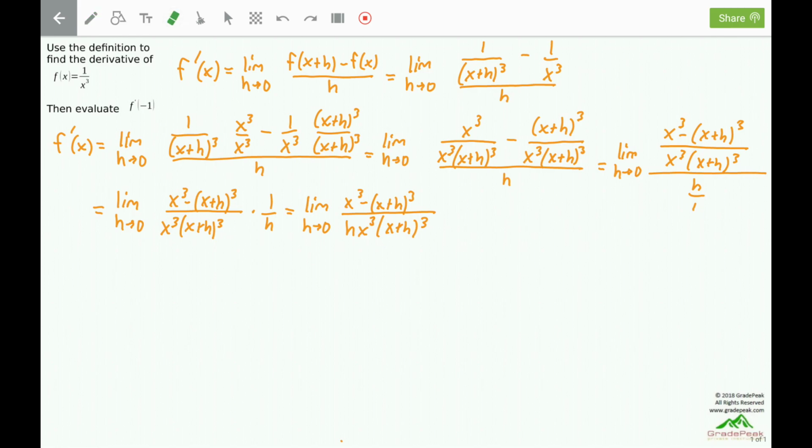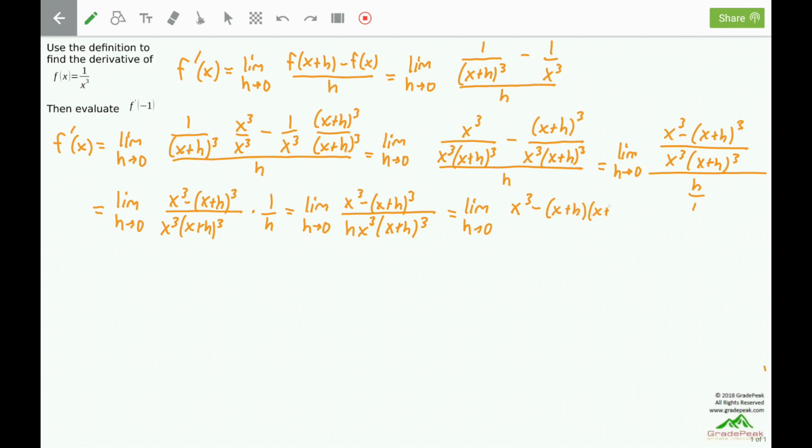Now our goal is to take that h in the denominator and cancel it with an h that will factor out in the numerator. We don't yet have an h that will factor out in the numerator. What we will need to do is expand that x plus h quantity cubed, combine like terms together, at which point we should have an h in every term. Then we will factor and cancel, and that will finally remove the 0 over 0 indeterminate form. So our next step is to start the process of expanding the x plus h